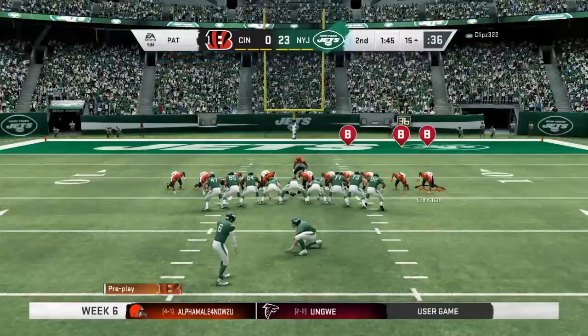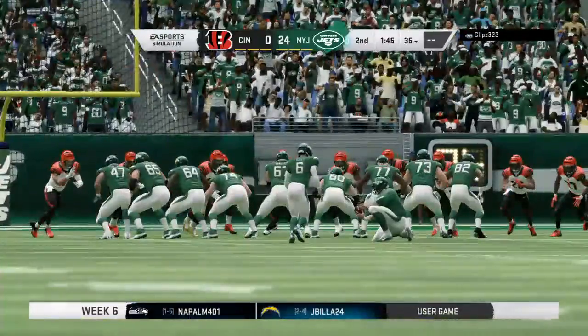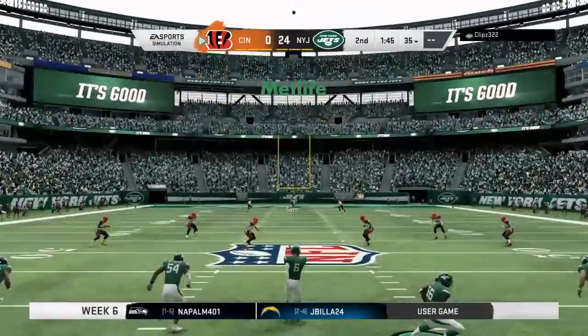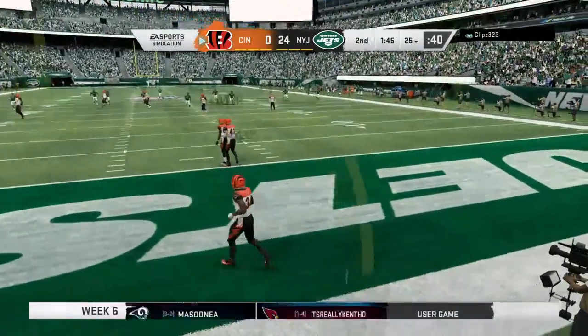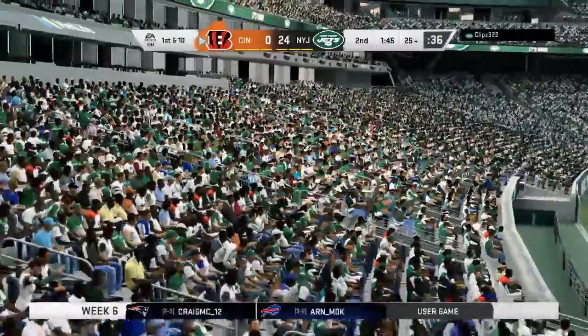Partner, what we just saw, that's a great example of a team that was really amped up. They've been playing so well, yet they didn't get overexcited and have a bust on defense and give up a big play. Instead, they created their own big play with a pick six. This one may be over. Yeah, it's just the first half, but that lead has swelled to the point where you're wondering if it is over already. The Bengals take over first and 10 at their own